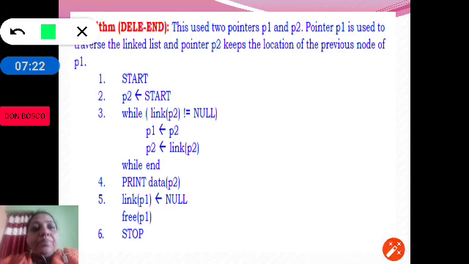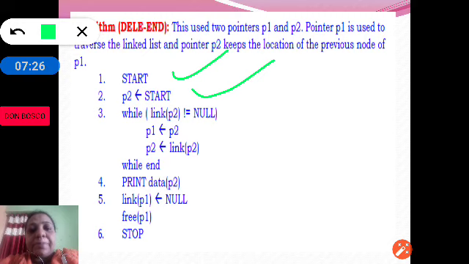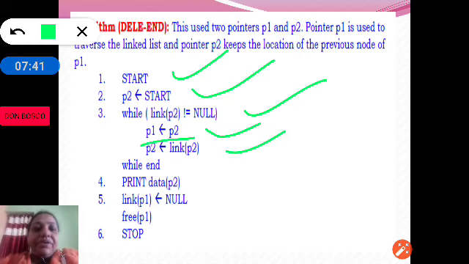So start, P2 is equal to start. P2 is the node we will be deleting, which will be the last node, and P1 will be the second last node. So you can see here P1 is equal to P2. That means we are making P1 point to the second last node, and P2 will be the last node.